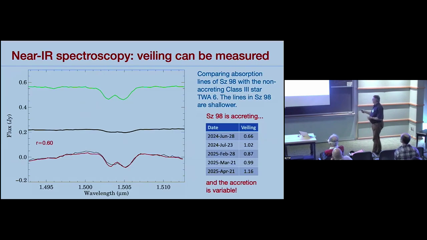And one can measure how much it's accreting, and we could see that indeed this star is a strong accretor, and the accretion rate is changing, as any good accretion rate should do. So it is variable. So far so good. Actually, we have an explanation. We have a star which is changing its brightness due to accretion. It illuminates the disk part where the 10 micron region comes, and it explains the Spitzer and the MIRI.